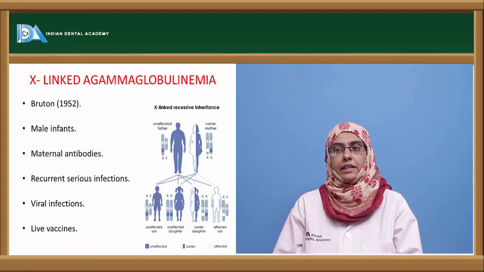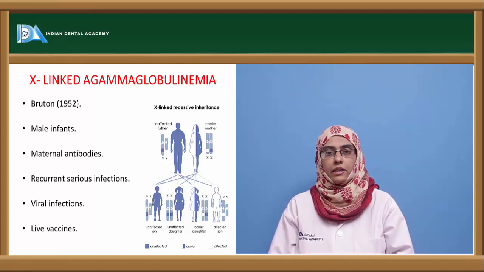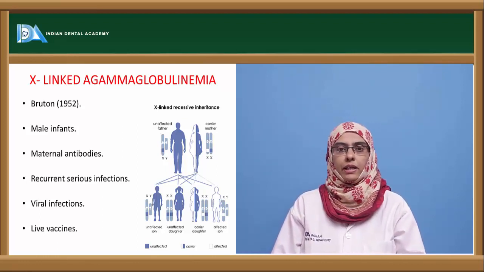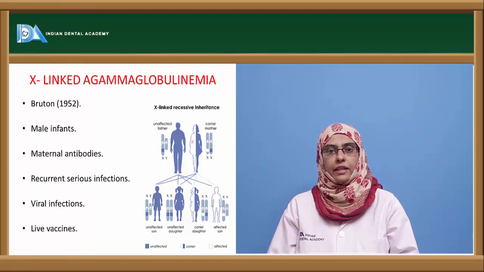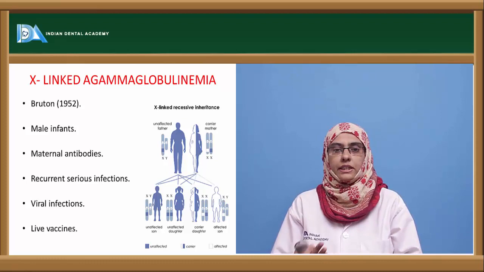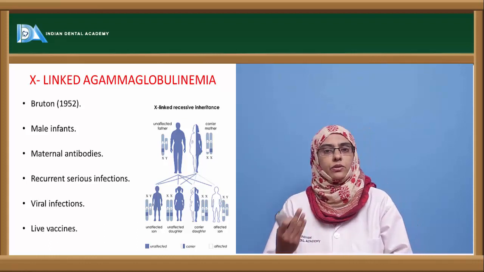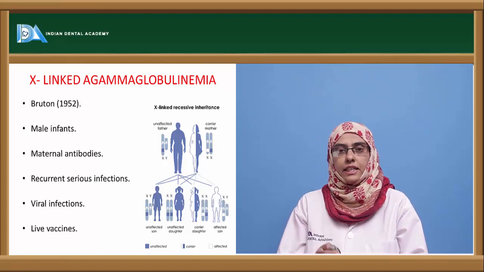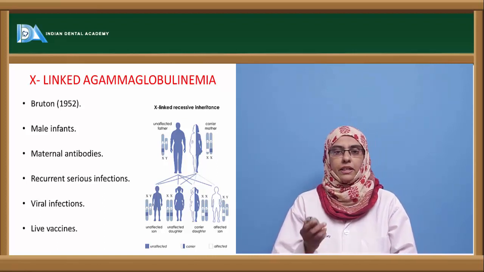leading to various pyogenic infections, or infections with different kinds of bacteria. Here the child responds normally to viral infections, but there is a problem when the child is given live vaccines, such as the polio vaccine to protect from polio or encephalitis. They can develop the disease, and hence it is said that a patient or child with an immunodeficiency disease should not be given a live vaccine. So X-linked means it is mostly seen in males, and agammaglobulinemia means a decrease in the production of